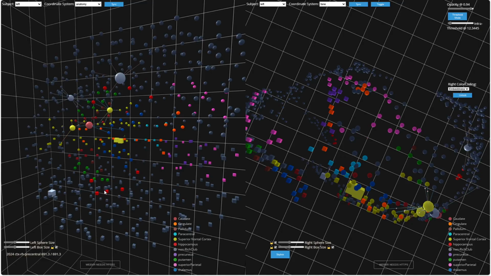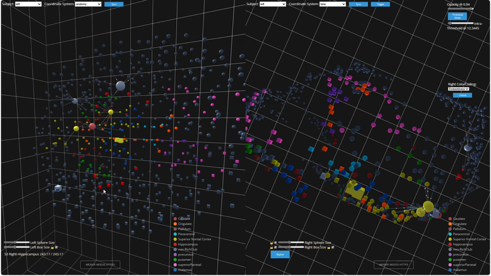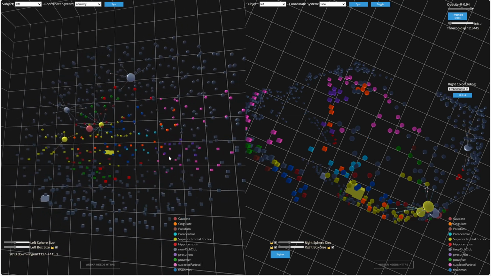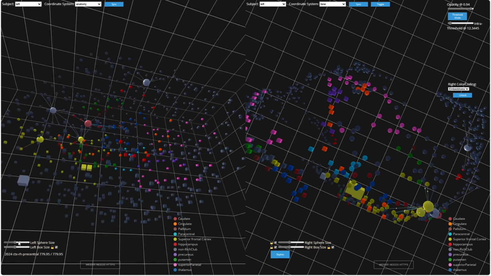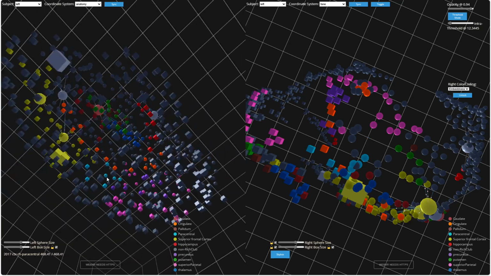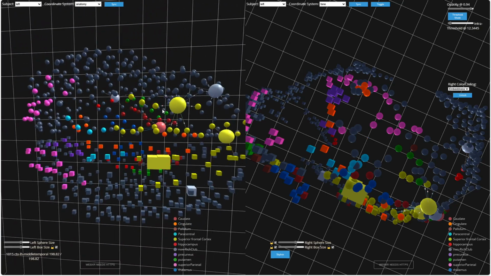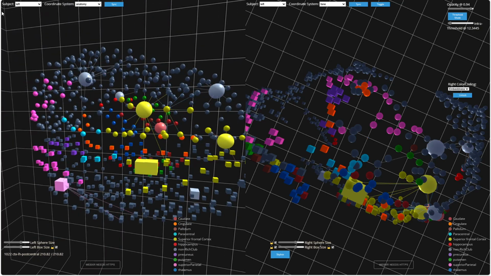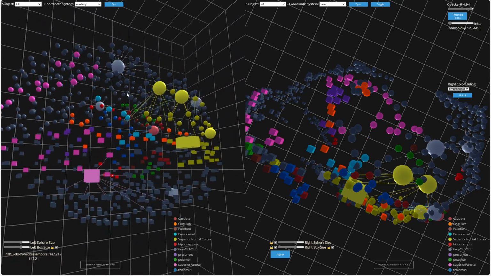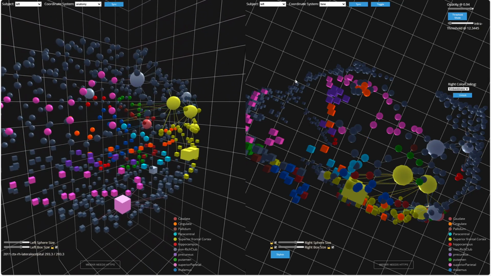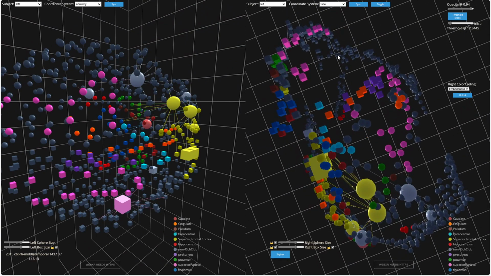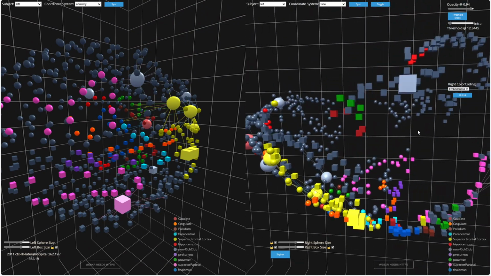NeuroCave Plus is built on top of NeuroCave. The original NeuroCave was designed to facilitate the comparison of structural connectomes or functional connectomes of actual human brains. Here's an example where on the left side, the topology is set to the anatomical coordinates, whereas on the right, it's set to the t-SNE embedding,